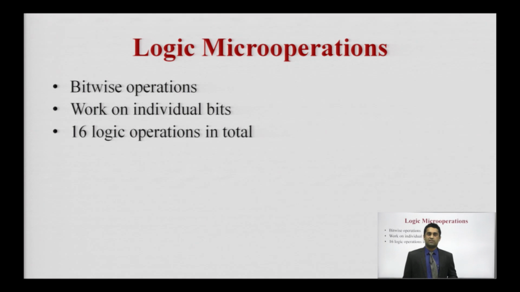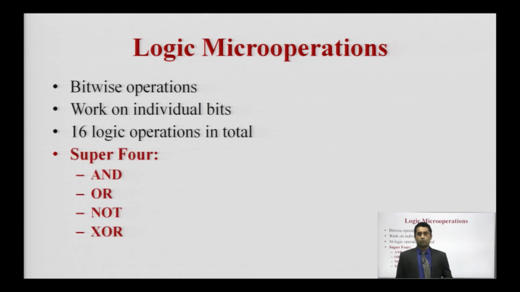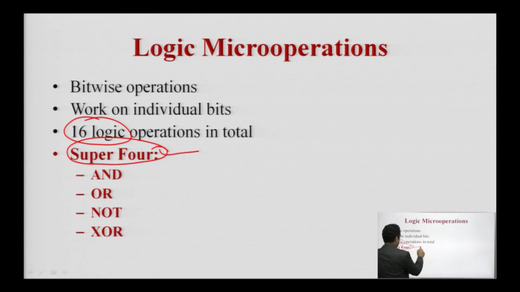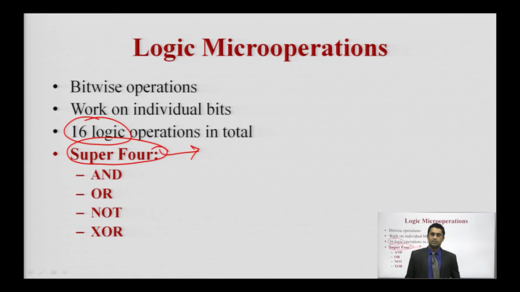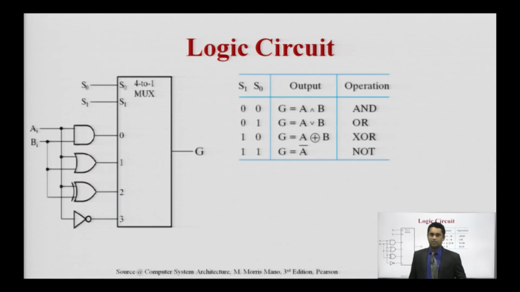Majorly these are 16 in total, but the super 4, I am calling it super 4 because the circuit is designed for these 4, and subsequently with the help of these 4 we are going to derive all 16 as mentioned here. So, these super 4 categories are the important ones, and we will first see the circuit of these 4, and then we will switch to all 16 and how these 16 operations are performed. These operations work with this circuit. Here a mux is required, where the mux takes all 4 inputs, and as per the selection lines, one output comes from this.